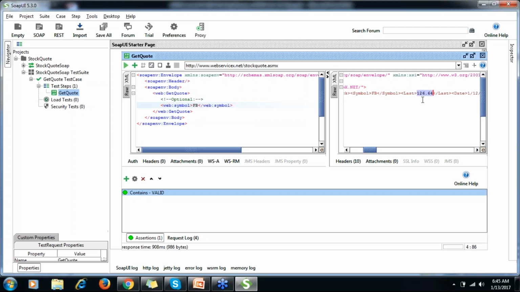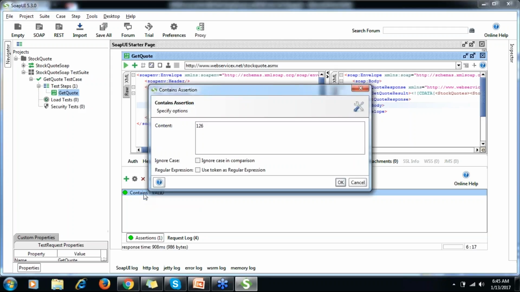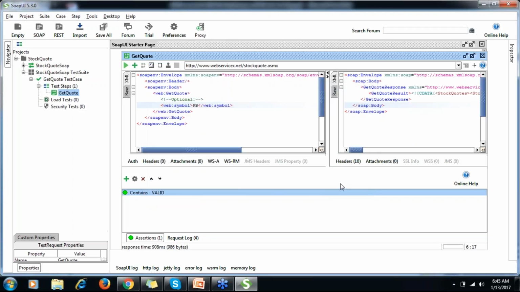So I hope this is clear how we validate in a practical scenario. We are getting the value from the database, and if you have to verify, you have to connect with a DB at your end, write a query, and validate that whatever we are getting through this web service and whatever is in the database, both are the same. You can validate it with this also, because you know what the stock price will be. Okay, so this is the contents assertion.